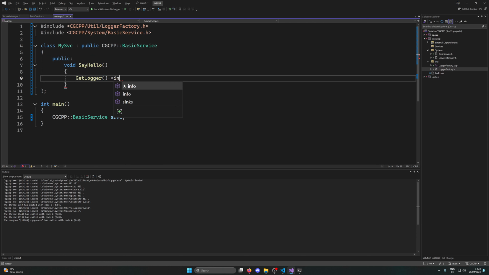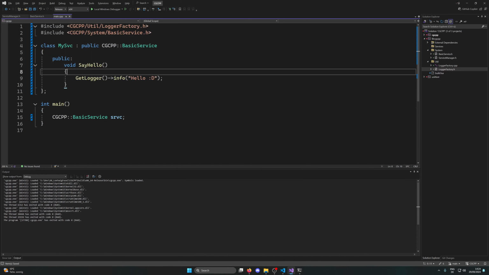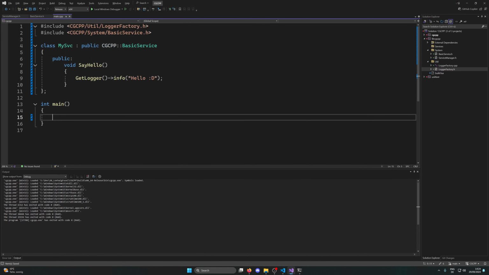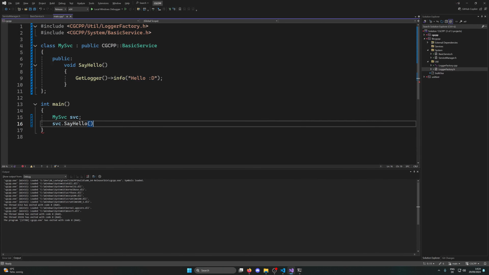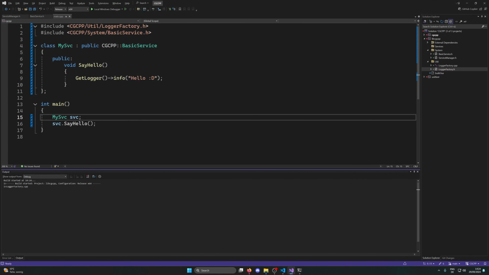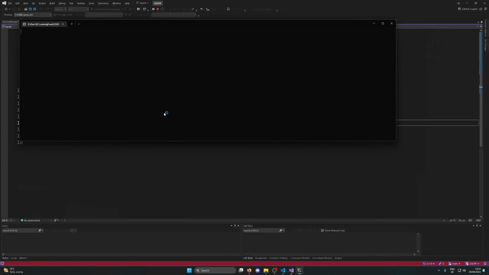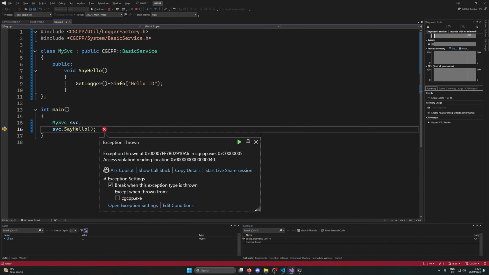And can I do info on that one? Can I log? I think I should be able to log something on a const logger, but I think it's just a pointer maybe. I don't know. Let's create this service here and say hello quickly and just see how this works. If this has any issues, but I think it should just